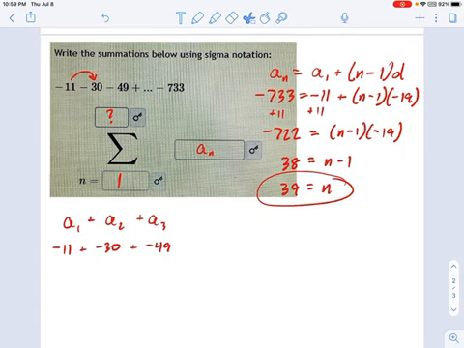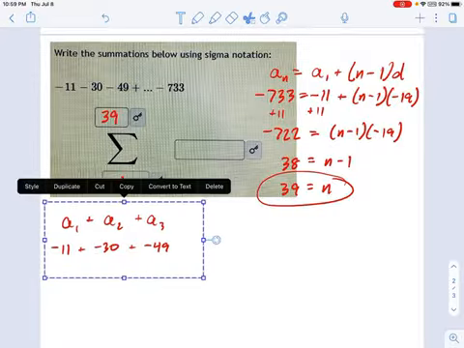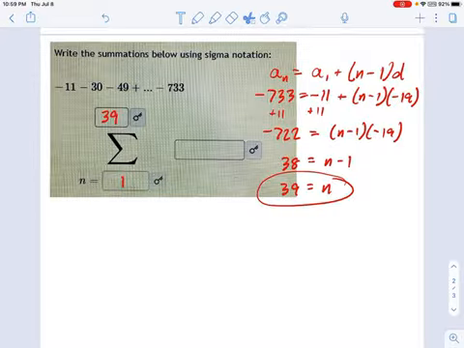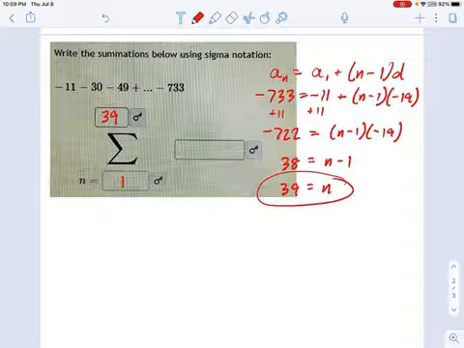And if you're paying attention, I didn't really start out knowing exactly where I was going with this. I just went to the explicit formula and I said, we'll probably get something useful from this. So I found that, okay, we know n equals 1. But now I know that n equals 39. In other words, there's 39 terms in this series here. What I would like to figure out is the explicit formula. And it looks like that was actually not too hard. We could have done that earlier.